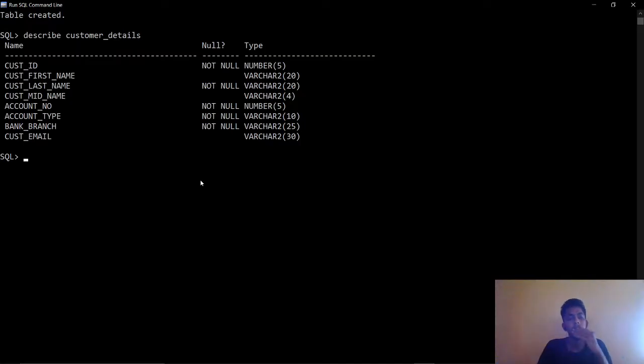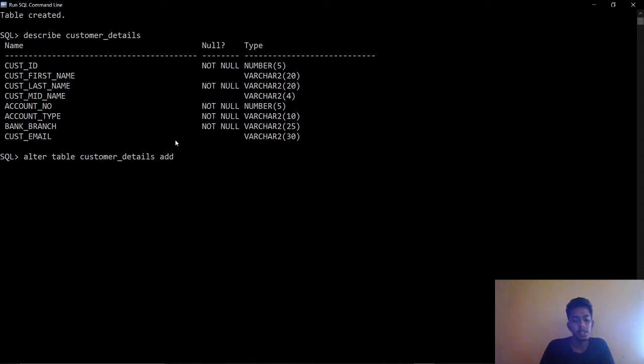For that we need to alter. We have created the table, now we are going to alter it, that is, we are going to add a new column in this table. The command is alter. So we are going to alter the table. Alter table, the name of the table is customer details, and we are going to add a column.